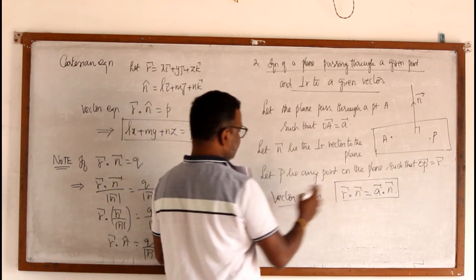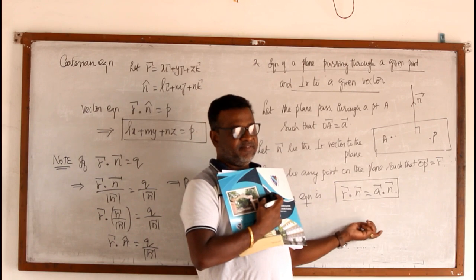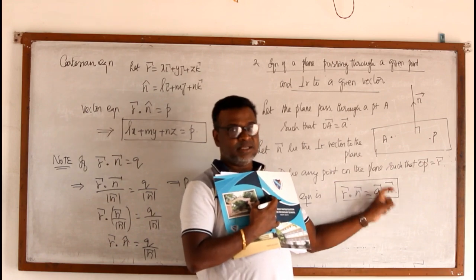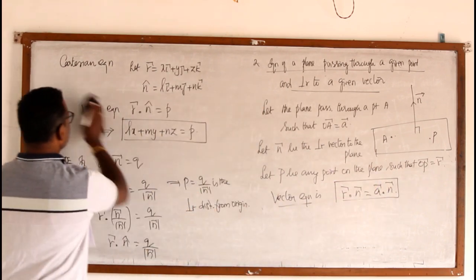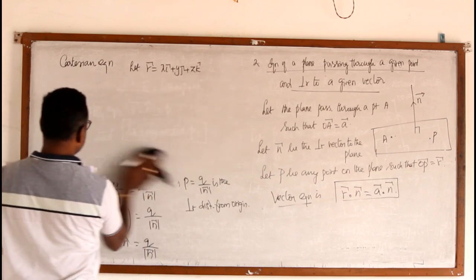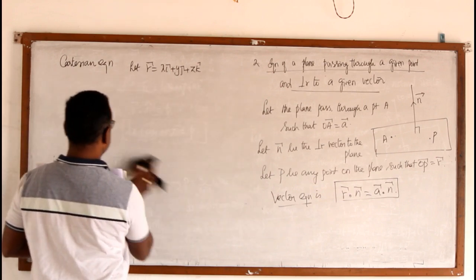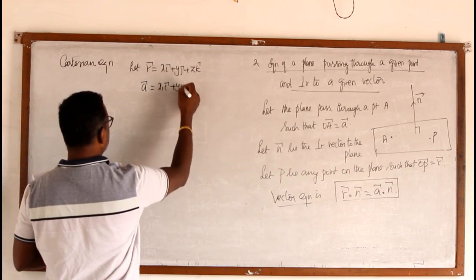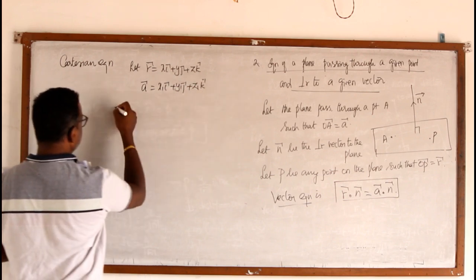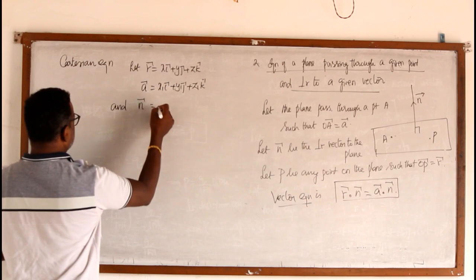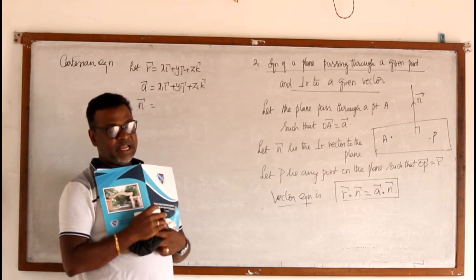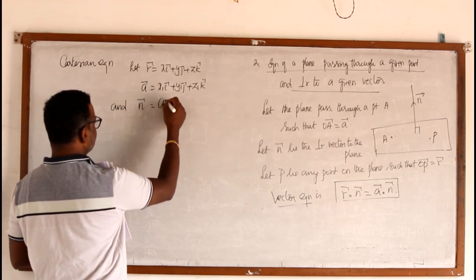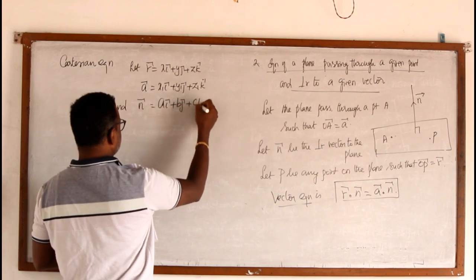Now, we shall take this one itself because we are not going to simplify this. R dot n vector equal to A dot n, where A is the point on the plane, n vector is the perpendicular vector to the plane. Now, the Cartesian equation: let R vector equal xi plus yj plus zk. Since A is a point, we take it as x1 i, y1 j plus z1 k, and the normal vector, remember n cap we took as li plus mj plus nk, but this is not a unit normal vector, it is simply a normal vector. So we take it as ai plus bj plus ck.